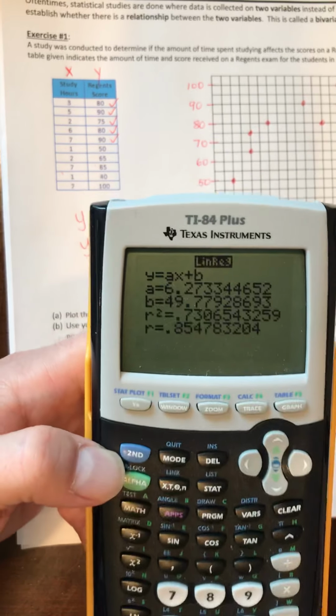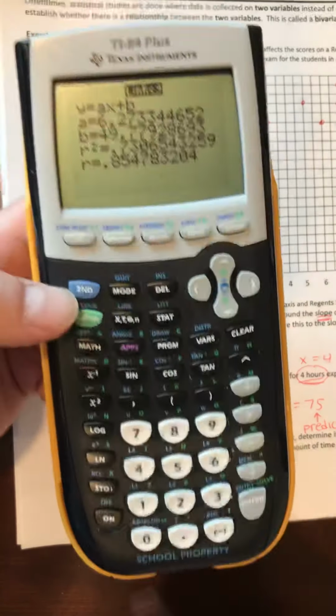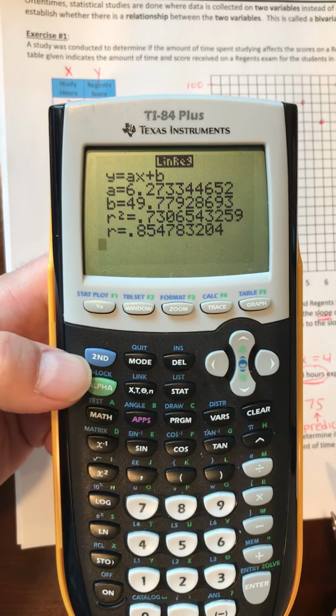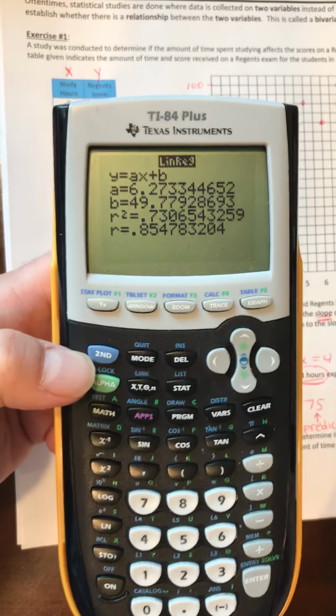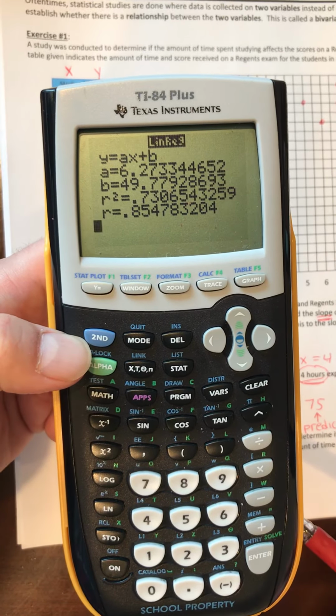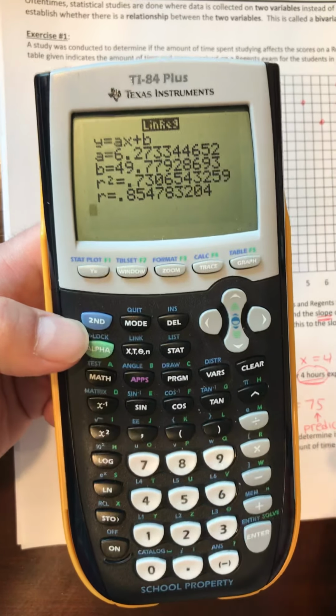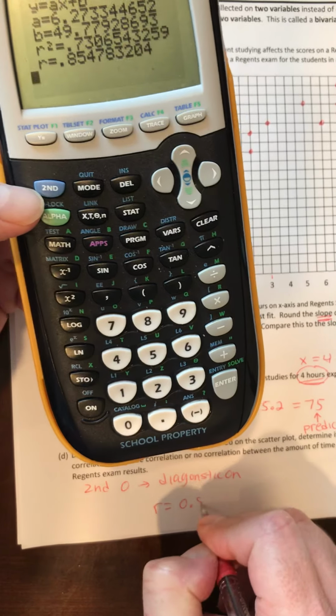And then you notice you're going to get, after B, you're going to get R squared and then R. We want the R value. Once you do this thing with the diagnostics on, you should never have to do it again unless you reset the calculator. And the app already has it on. So that thing with the catalog, you're not going to need to do if you're using the app. But if you're using the calculator, you might have to turn it on. So R is